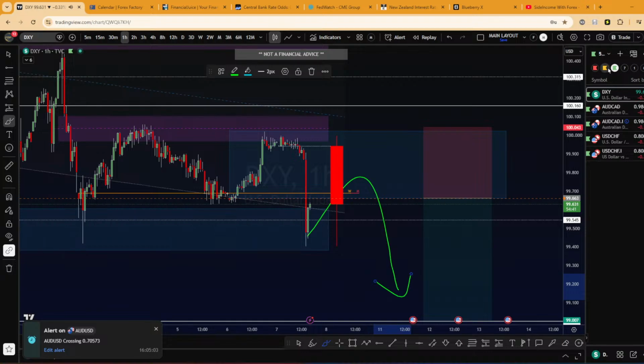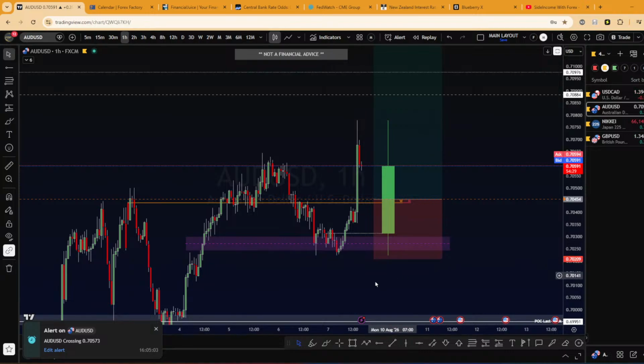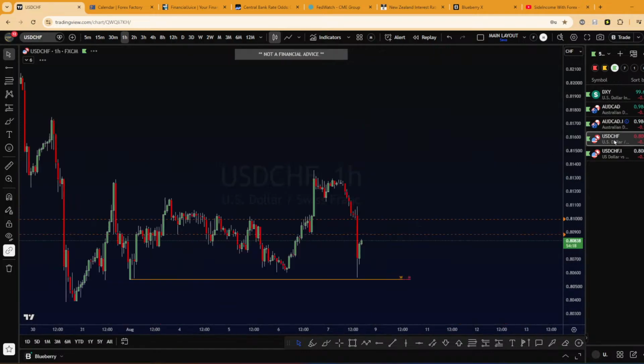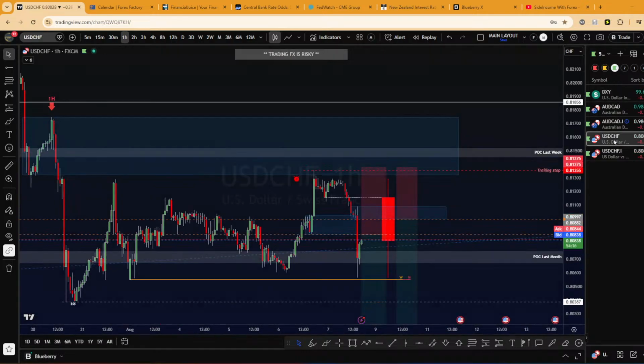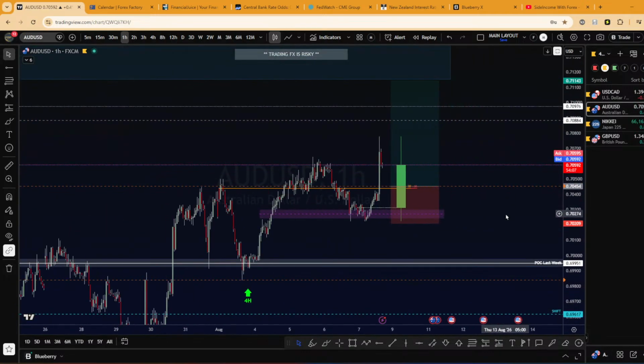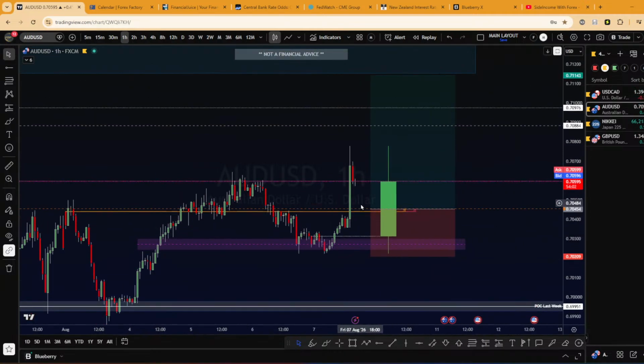OZ, a new alert on OZ. So OZ started to retrace. Interesting. Yeah, if it was the middle of the week, I would get into this trade, but because I'm already exposed, I want to be exposed on USDCHF. So OZ, I will let it pass, but this could be a nice entry to continue the movement to the upside somewhere here.